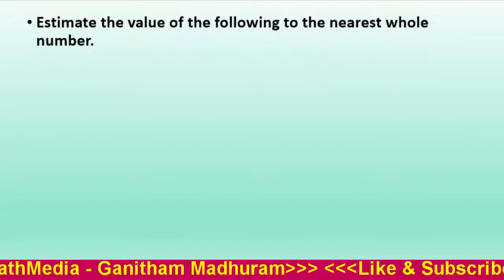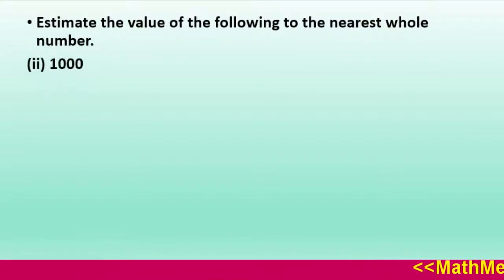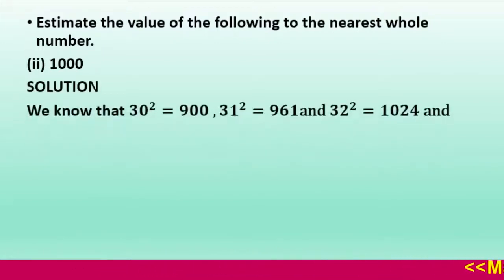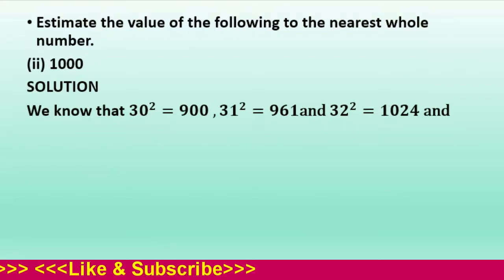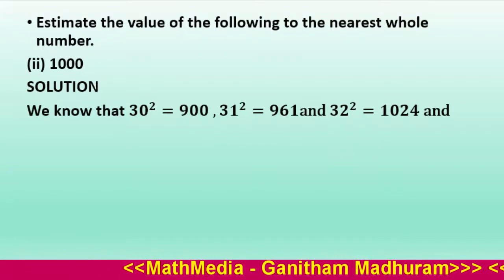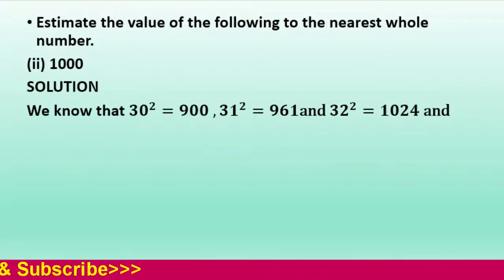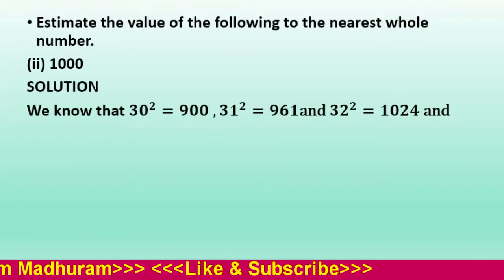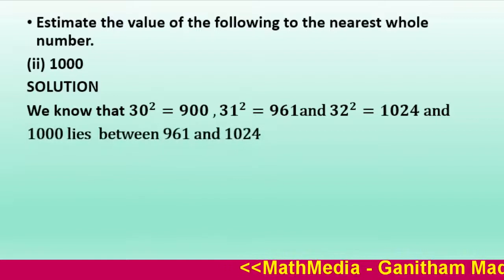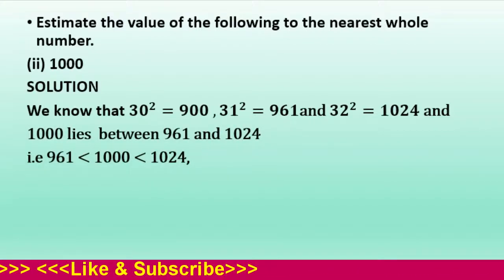Our next question, estimate the value of the following to the nearest whole number. Second question, 1000. Children, you know that 30 square equal to 900, 31 square equal to 961, and 32 square equal to 1024. So 1000 lies between the perfect square numbers 961 and 1024. So we can write 961 less than 1000 less than